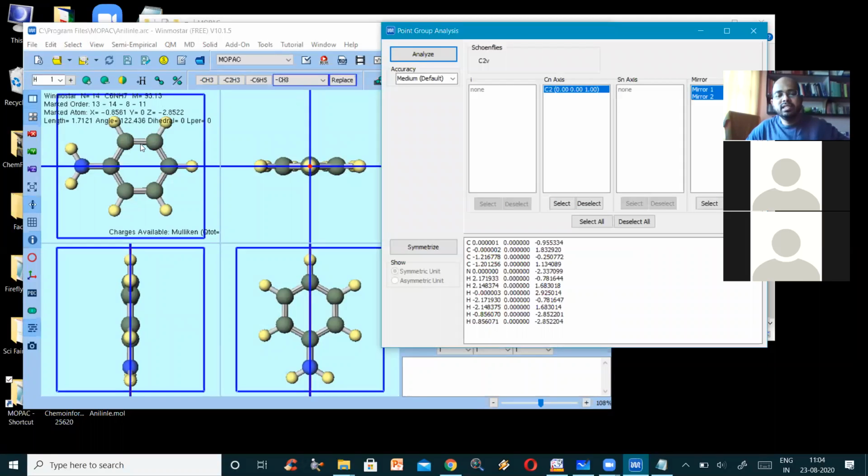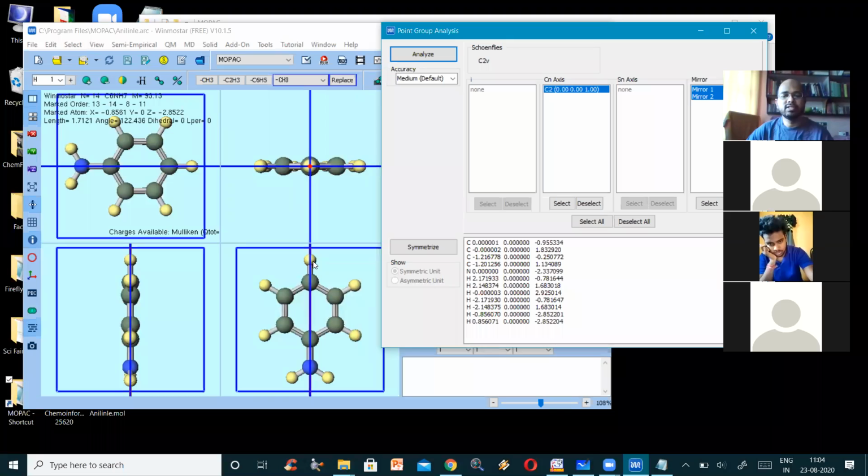Actually, benzene is D, it is some other. I mean, benzene is D6, right? So here, because you have substituted aniline, nitrogen and hydrogen, the axis is getting separated now. The axis runs along nitrogen, carbon 1, carbon 4 and hydrogen 6. So the axis is running like that. That axis is being shown there. So you can come back to this table. You have selected this C2, it is selected.